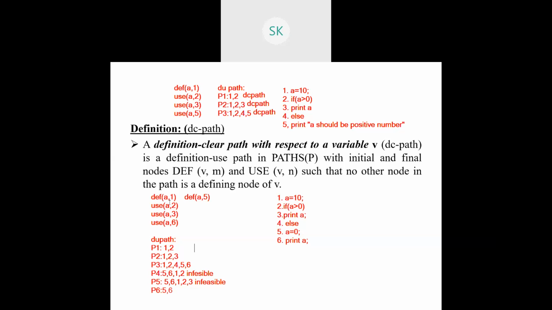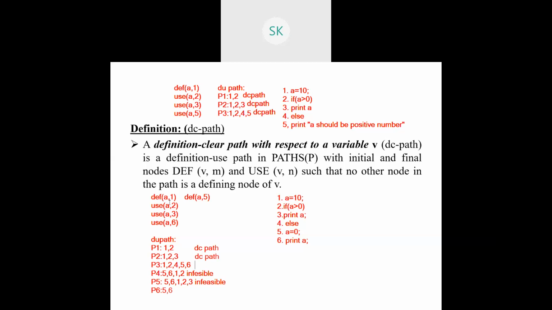But one time usage, multiple time definitions is not called a definition clear path. So this P1 is a definition clear path, a DC path. Similarly, P2, if you take it. In P2, two usages have happened. One is with respect to the second statement, which is what you can call a predicate usage. That is the P-use it will have. Whereas the third statement is a computational use. So both uses can be repeated n number of times, but the definition should happen once. So it is possible with respect to the second path also that we have chosen. So that's why it is called a definition clear path.